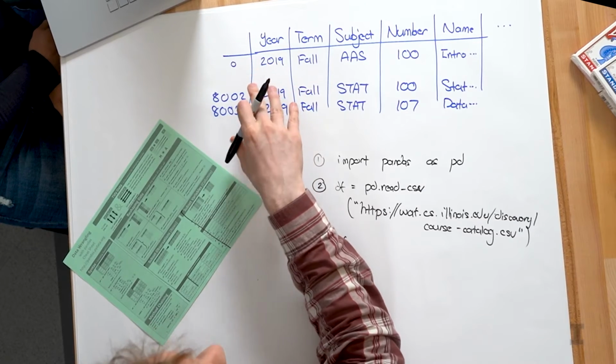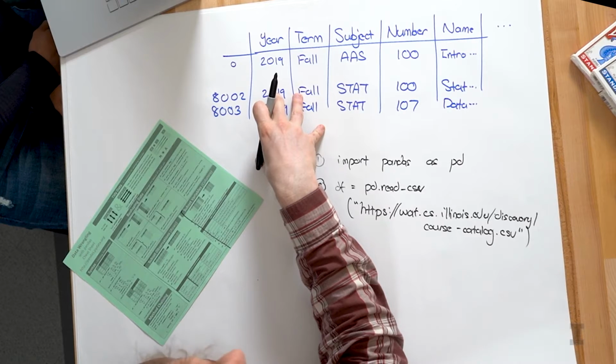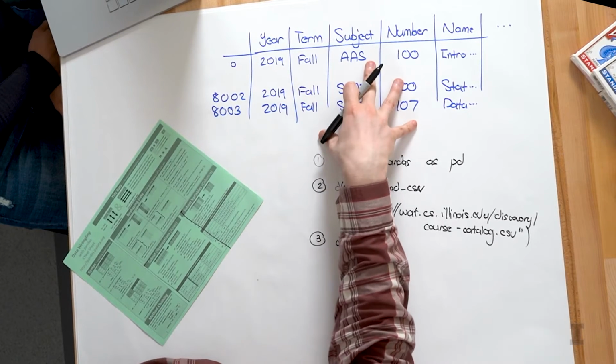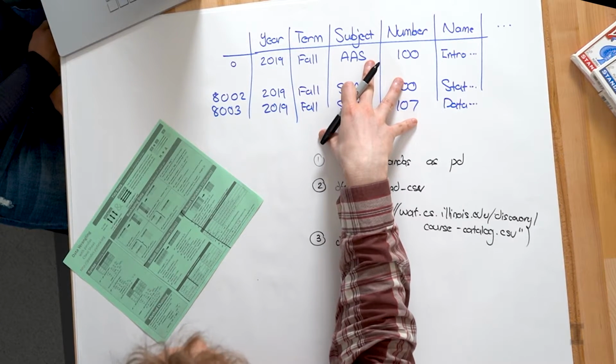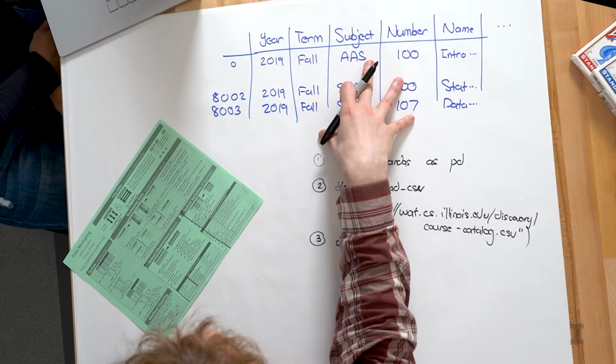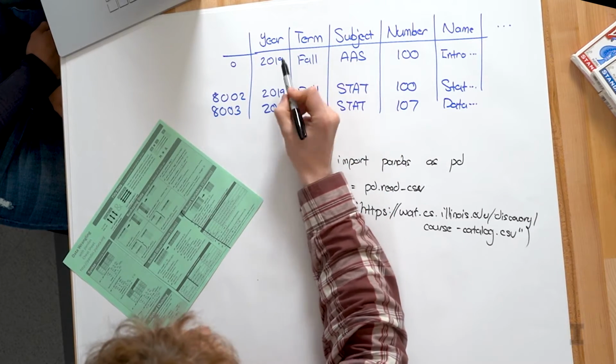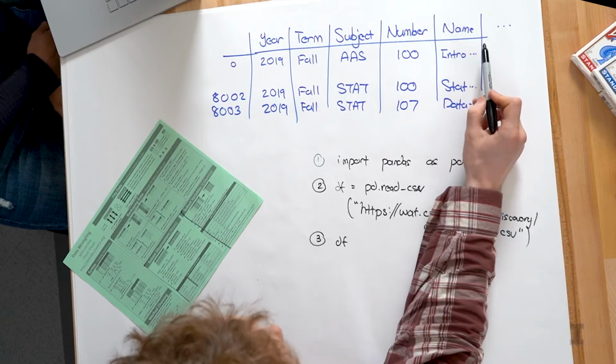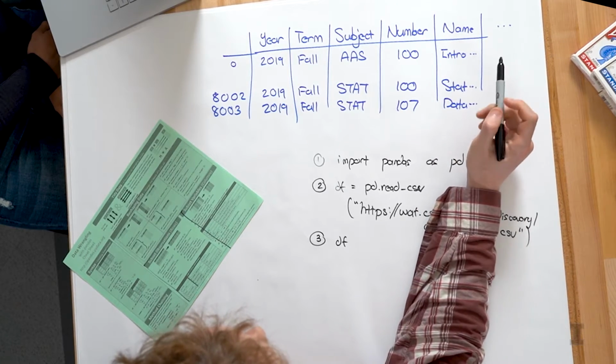Awesome. So this data set's going to have a number of different variables that we've talked about when we introduced this data set. So this is the course catalog of the University of Illinois, which includes every course offered. And there's, I think, over 8,000 of them. Over 8,000, yes. So we have the year, the term, the subject, the number, and the name. So Carly, can you think of something we might want to do with this data set? Yeah, so I'm faculty in statistics, so maybe I want to look at all the stat courses.